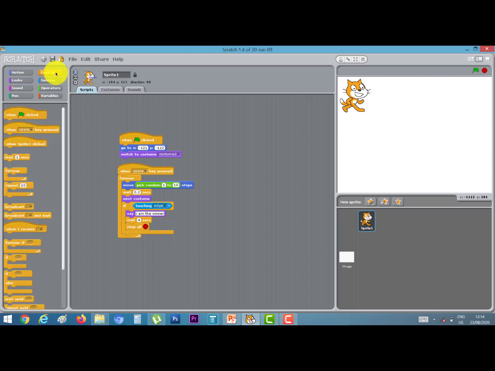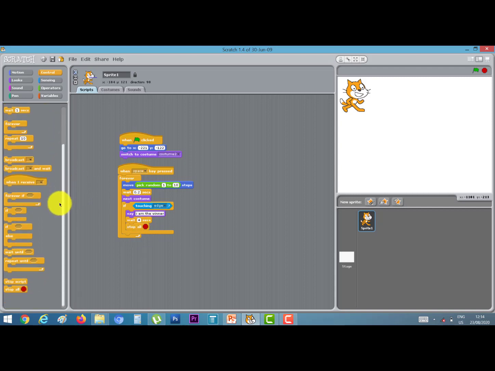Again go to control option, choose wait 1 second and change the value to 4, and in the last go to control block and choose stop all option. This is our script for the first sprite.